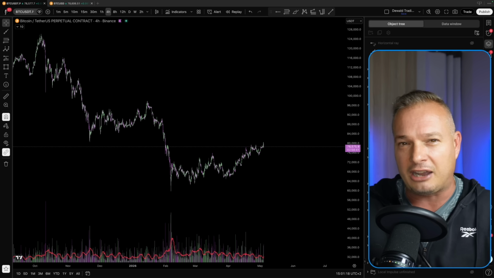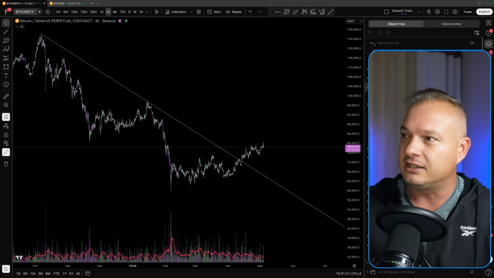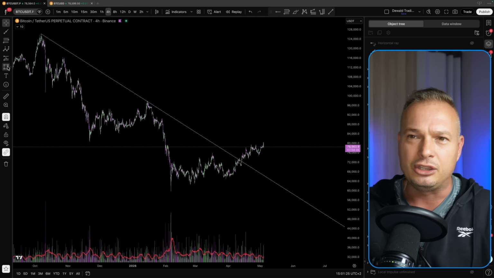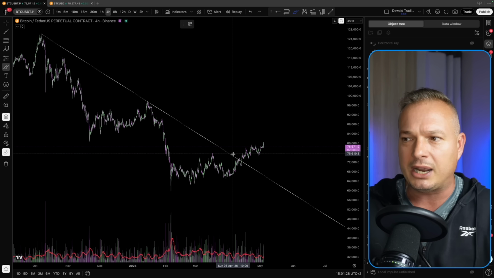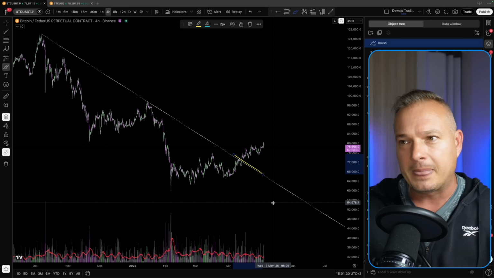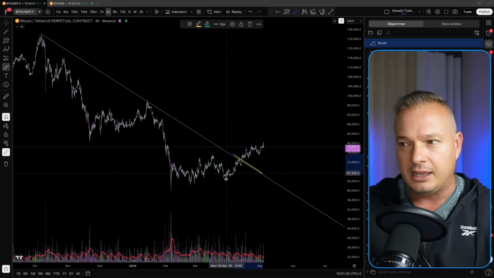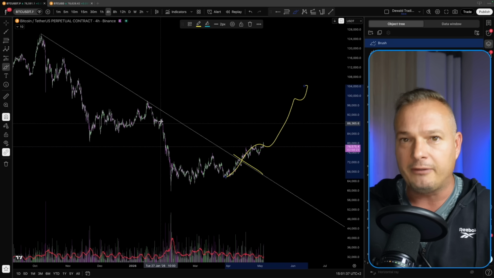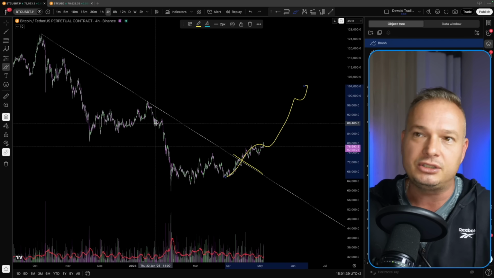The first thing I would like to discuss is this little trend that's running here to the downside. Okay, so I've snapped on a little ray using my magnet, and as you can see, price has broken out. Using the regular scale, there's a chance that price could continue momentum here to the upside. Remember, for the bulls, market structure needs to change.